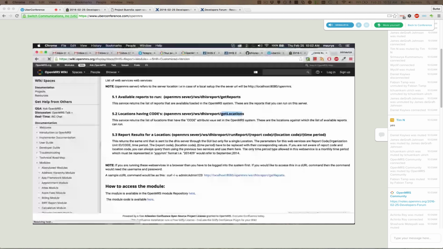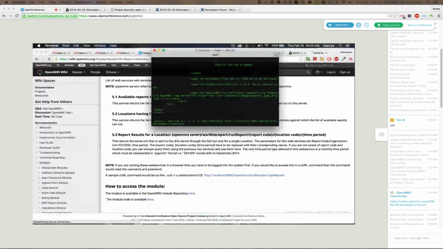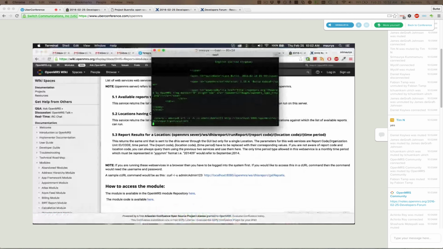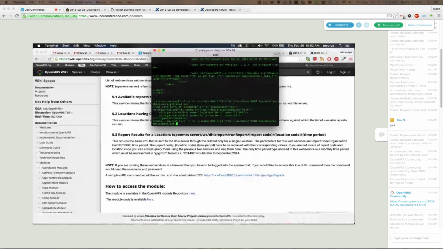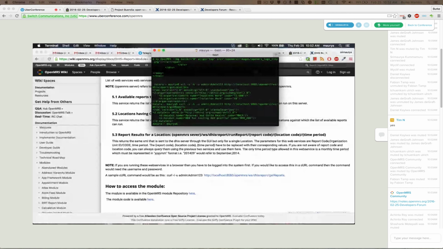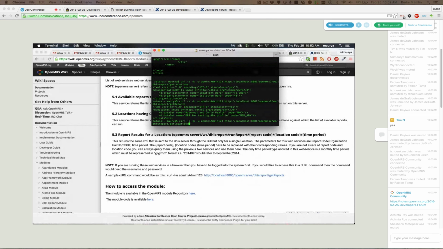I can check for location. So these are the 2 locations that are coded in the OpenMRS end. These are the 2 reports available in the OpenMRS end. And we can run a report by selecting